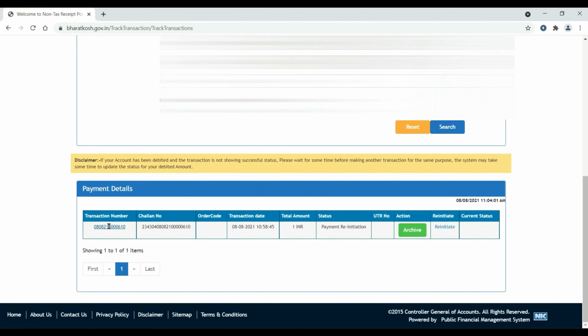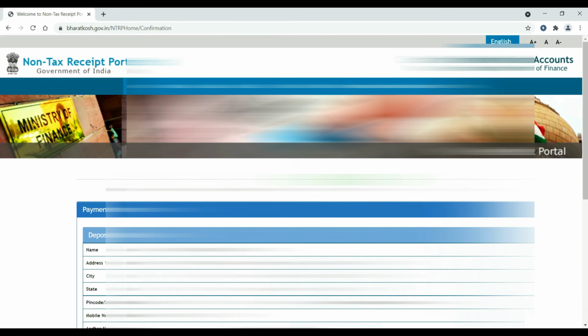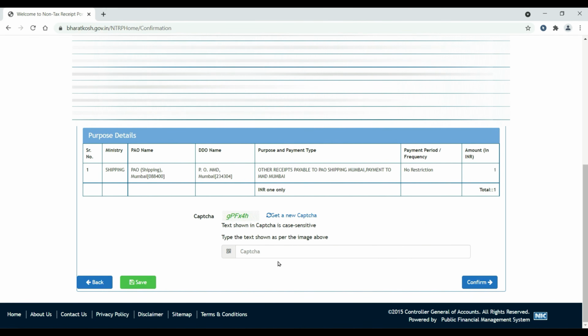You can see the transaction over here. Just click on the link and you will return to the same page where we had seen before, continuing this particular transaction, where we wanted to transact. Just write the captcha code over here and continue, and the remaining process is going to be the same as shown before.